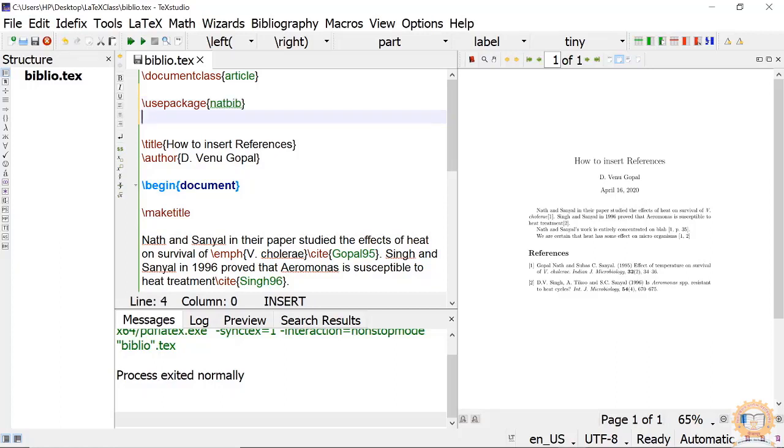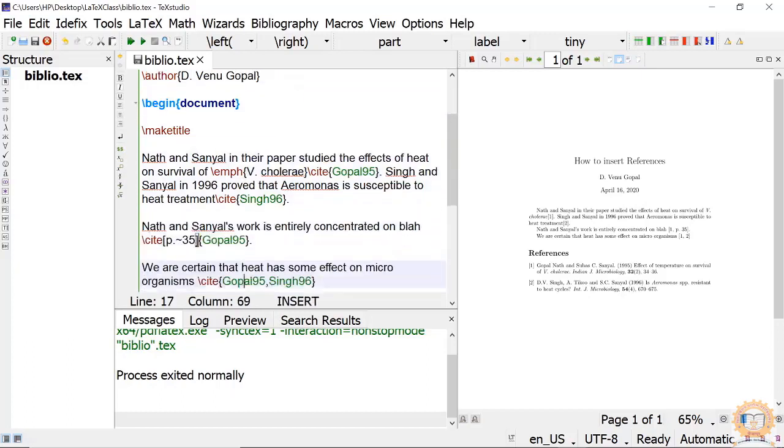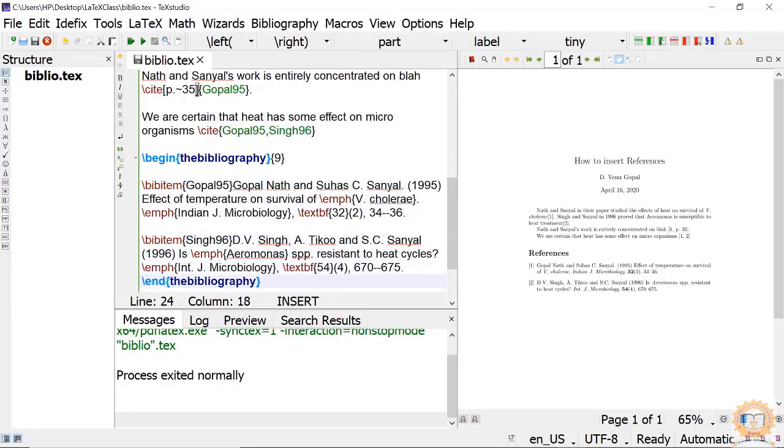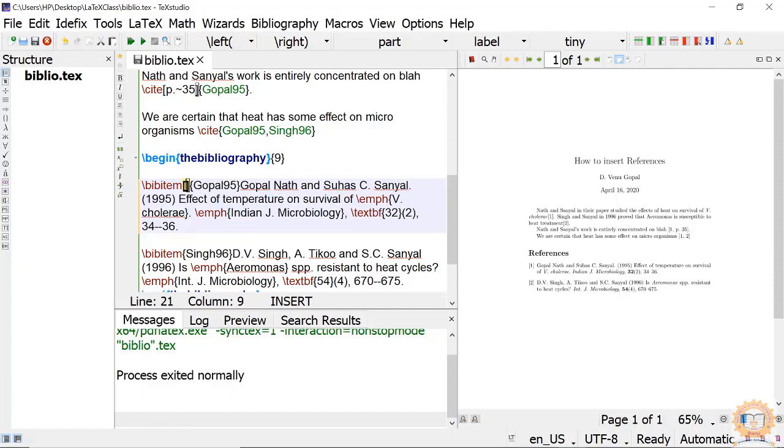Then when we give this, we have some extra facilities available, like before the key in the square brackets we will write something.